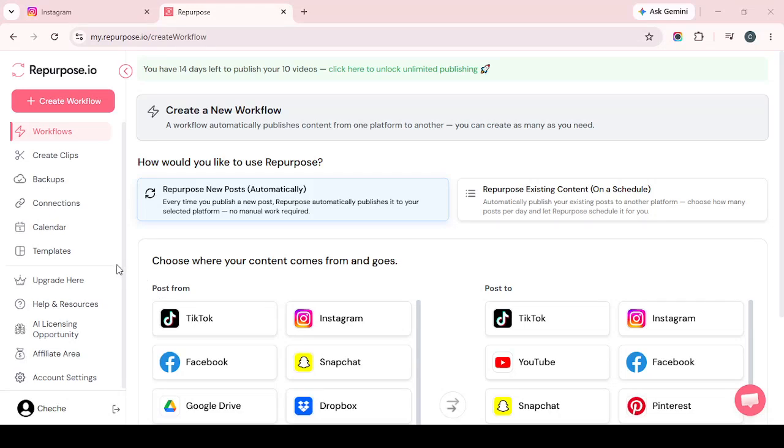In today's video, I'm going to teach you how to set up trial reels in Repurpose for Instagram. If you want to automatically send content from another platform straight to Instagram Reels, Repurpose.io makes the process simple. In this walkthrough, I'll show you how to get everything connected and properly configured so your workflow can run automatically